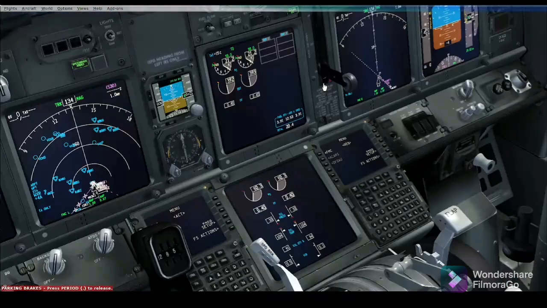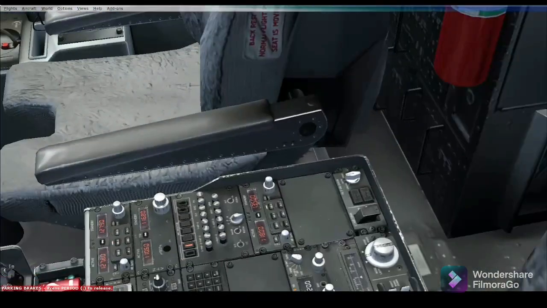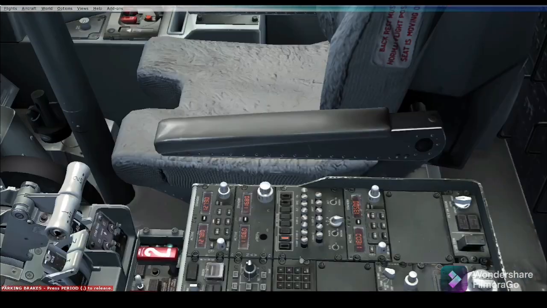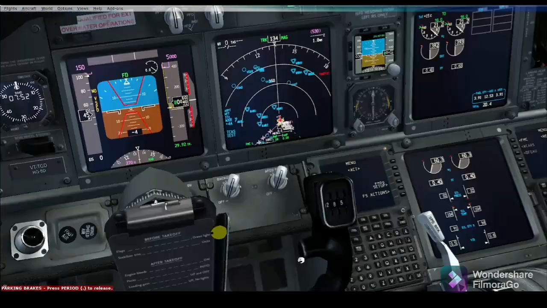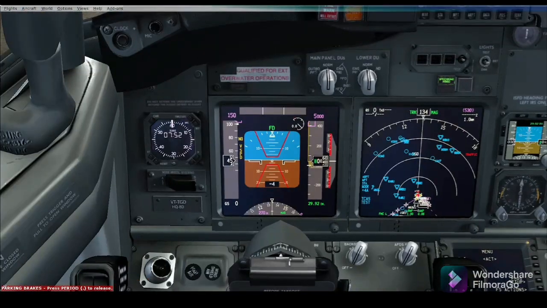There is another system here. This is the TCAS system, which indicates if there is another aircraft in front or behind, and gives the indication on the EHSI. The TCAS button will be on only at the holding point of the runway before takeoff.